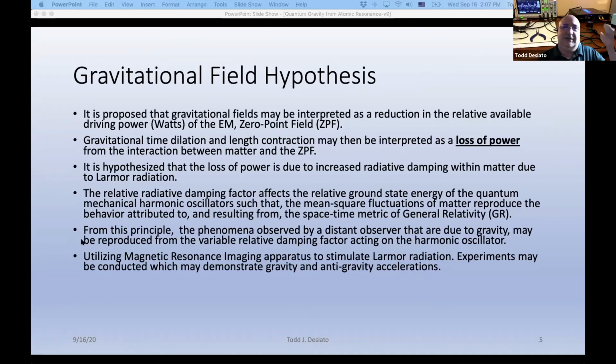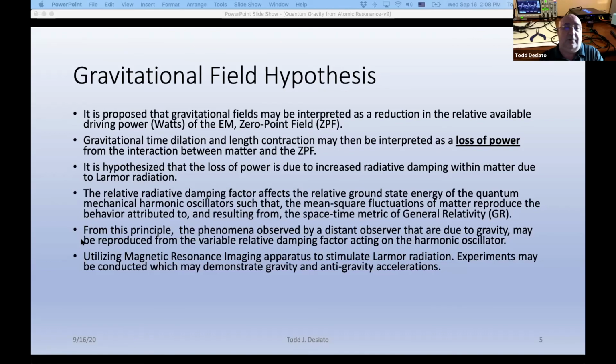This interpretation of the Dirac equation is kind of key to how matter can expand and contract in a gravitational field. The gravitational field hypothesis proposes that gravitational fields may be interpreted as a reduction in the relative available driving power of the electromagnetic 0-point field. Gravitational time dilation and length contraction may then be interpreted as a loss of power from this interaction between matter and the 0-point field. It's hypothesized here that the loss of power is due to increased radiative damping within matter